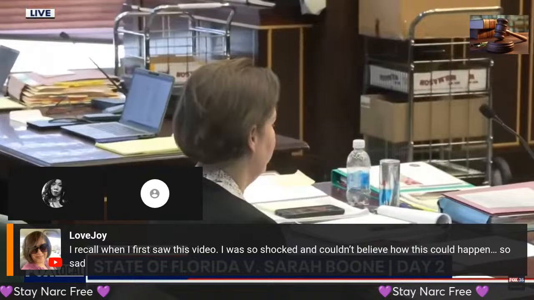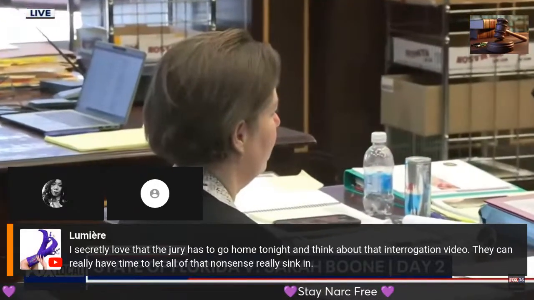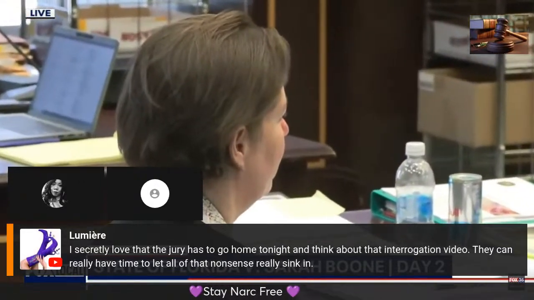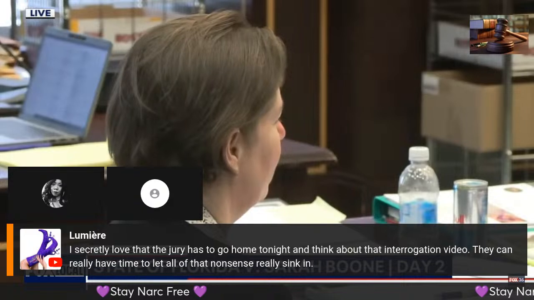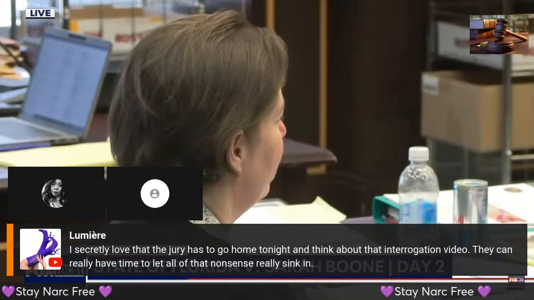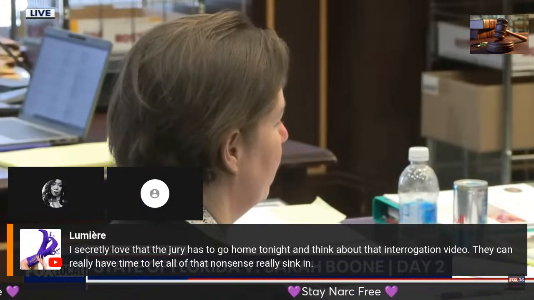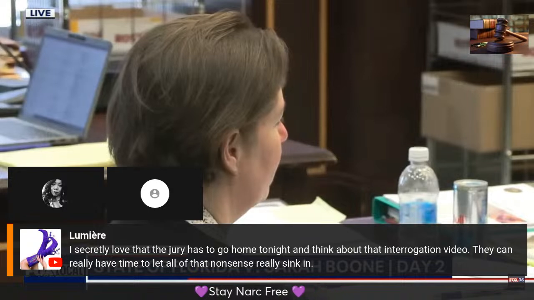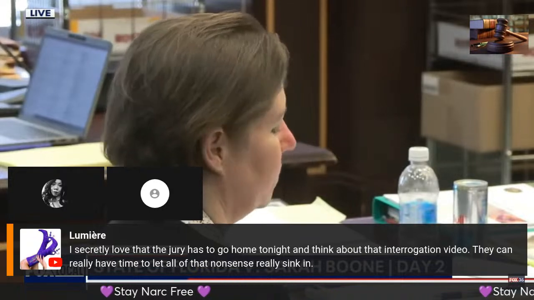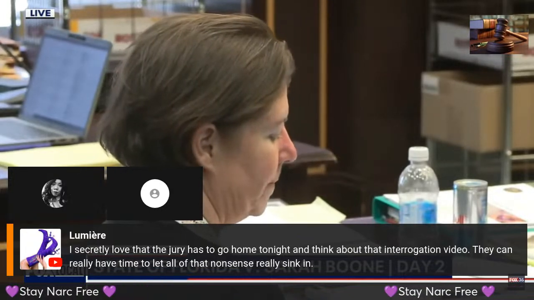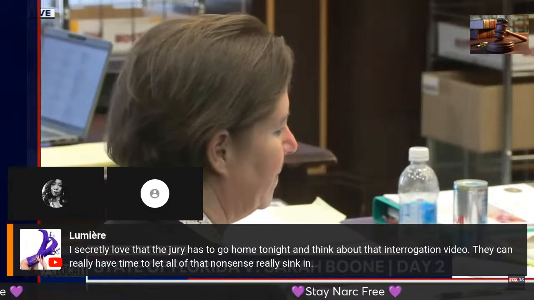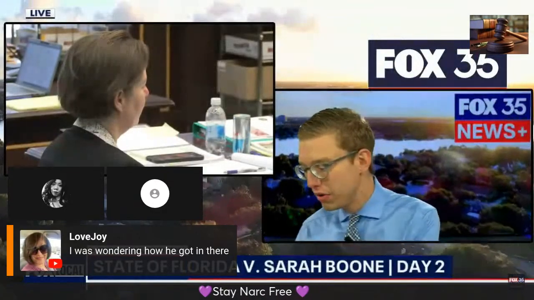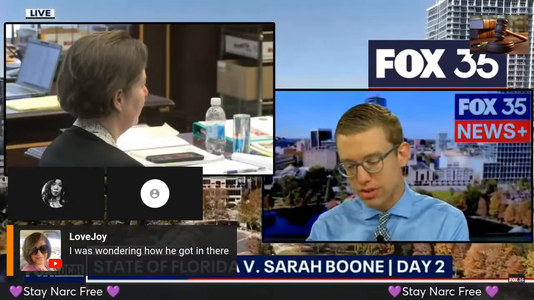So the attorneys are approaching the bench, discussing with the judge some sort of question over something. I'm not exactly sure what that is, but we have been listening to the digital forensic examiner, Janella Wadden, with the Orange County Sheriff's Office, and she has been talking about the data that was extracted from Sarah Boone's cell phone, an iPhone XS with a pink case. She was kind of taking us through